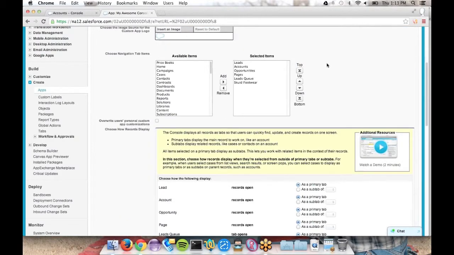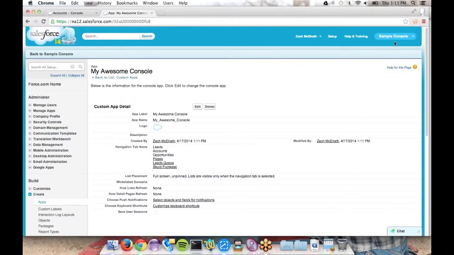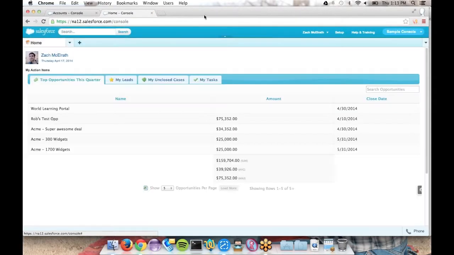So now that I've shown how to do an awesome console, how to create your own custom console, I'm actually just going to go back to mine. But I wanted to make sure we are all on the same page as to how we get to this console environment. Okay, so what we're going to cover now is ways that you can extend console functionality with Squid.